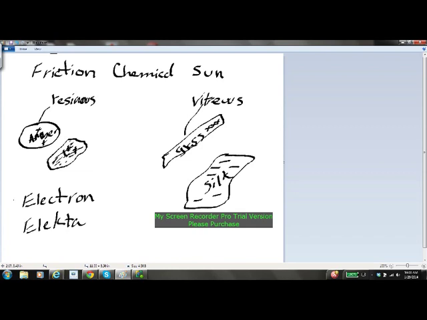Other things to point out here too. First, let me clear this up. So electron is Greek for amber. And Electra is a lightning